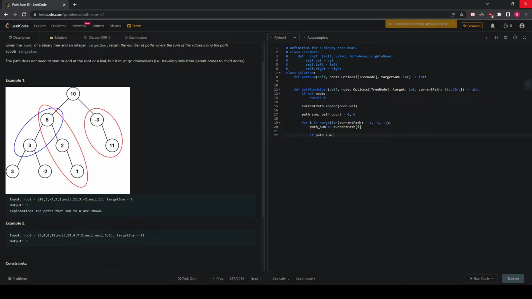If path sum is equal to target, then we're going to do path count plus equals 1. Yeah, and that's it for our for loop. We're just going to iterate backward, and then we're going to be able to calculate all of the paths that we have, and then we're going to do path count plus equals self.path_sum_helper node.left